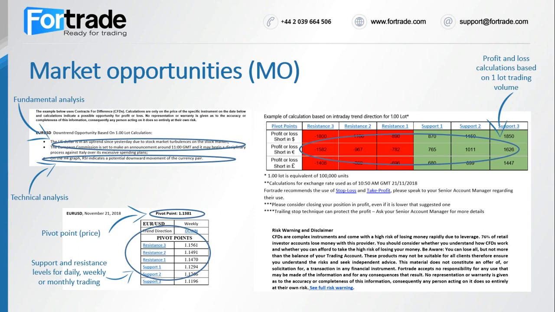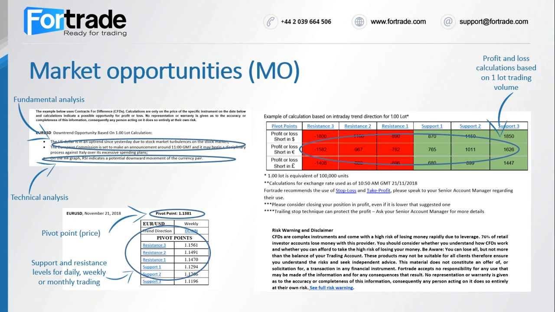So here's an example of a market opportunity. You can see some fundamental analysis on what's going on with the euro-dollar currency pair. You can see that this is a downtrend opportunity over a weekly period, since our analysis suggests that the euro would decline in value against the dollar. At the top, you can see some geopolitical events and fundamental analysis that can influence the euro-dollar currency pair. For example, the part on the EU and its disagreement with the Italian government over its budget, which has put